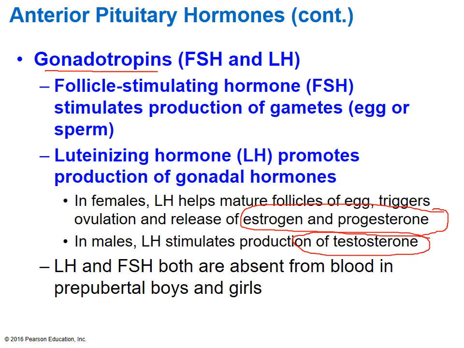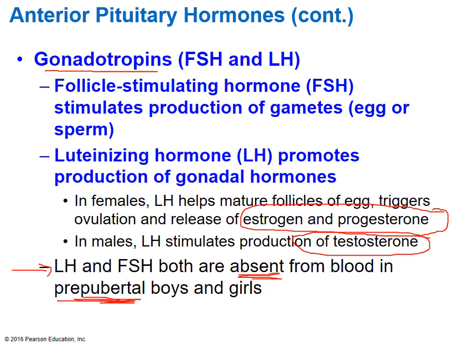Now, notice what it says right here at the bottom. It says luteinizing hormone and follicle stimulating hormone are both absent from the blood of prepubertal boys and girls. And it turns out that the reason for that is because it needs to be activated through puberty, meaning that spike in the growth hormone. That will then cause a cascading effect that will also cause an increase in luteinizing and follicle stimulating hormone. And it's only when those hormones start to increase that we then see that a child goes through puberty,